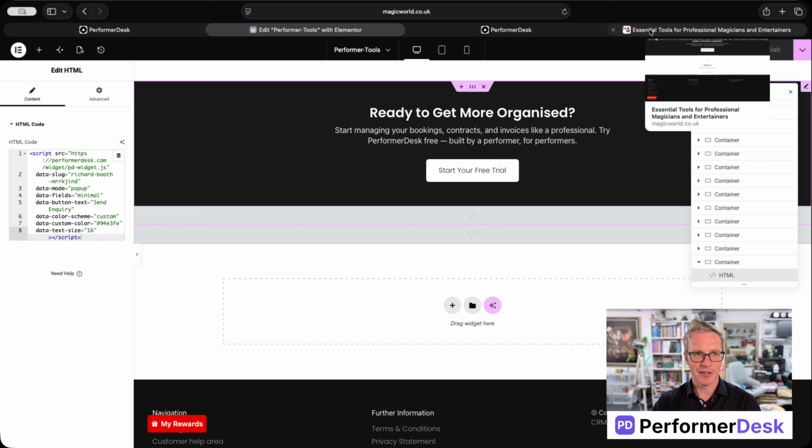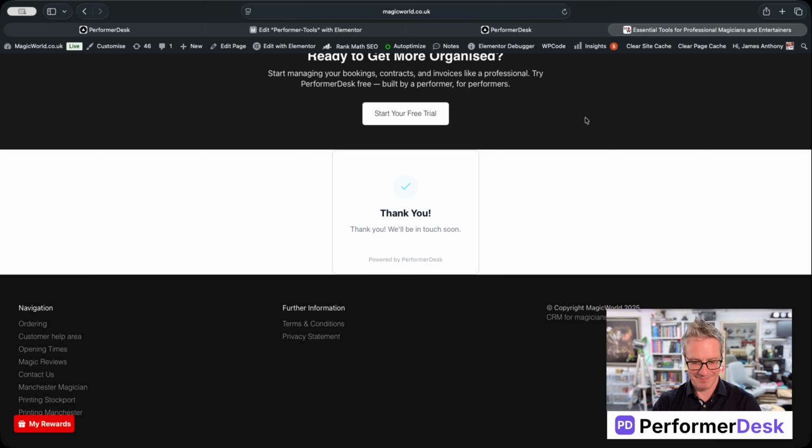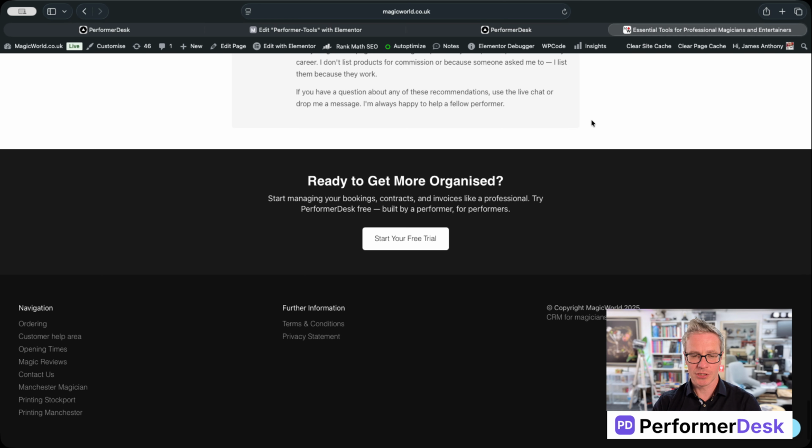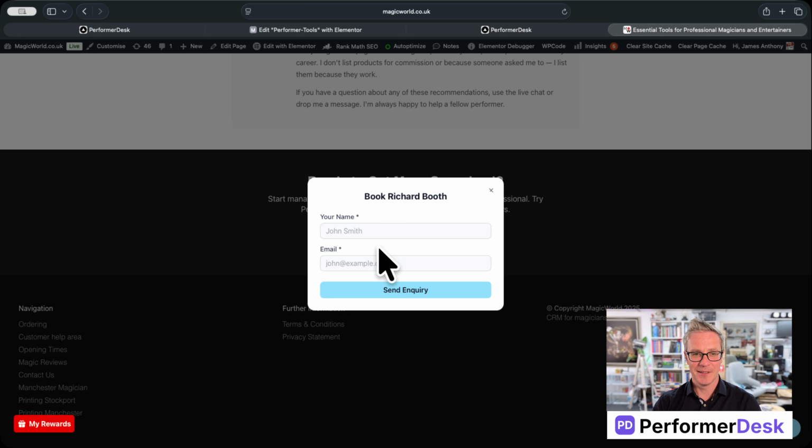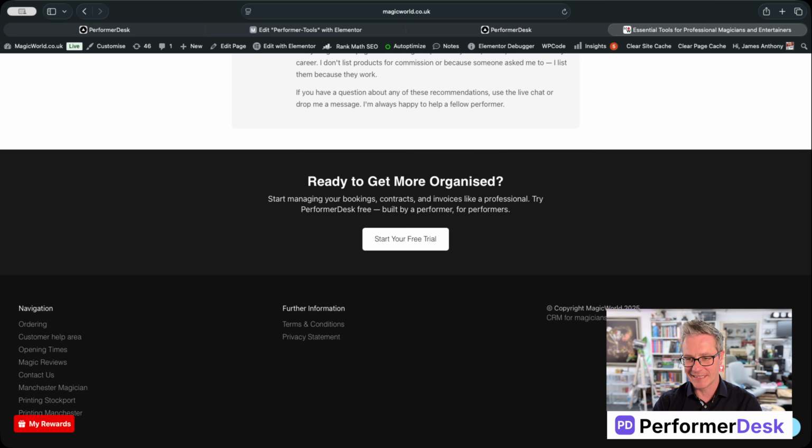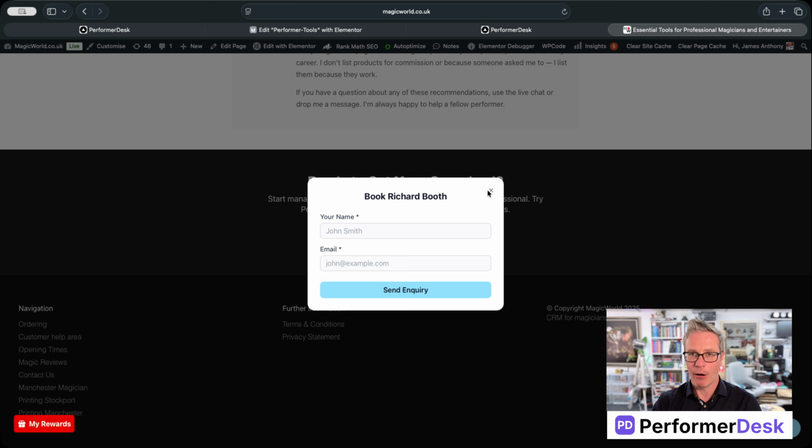This was actually a new feature I've only just added, so let's hope it actually works. Click refresh. There's your button, send inquiry, and now the user can click it and it pops up asking for information. How awesome is that? It excites me when I see this kind of thing happening. It's so cool. So they can fill out the data now, and that will come straight through to your inquiry system. So really, really powerful stuff